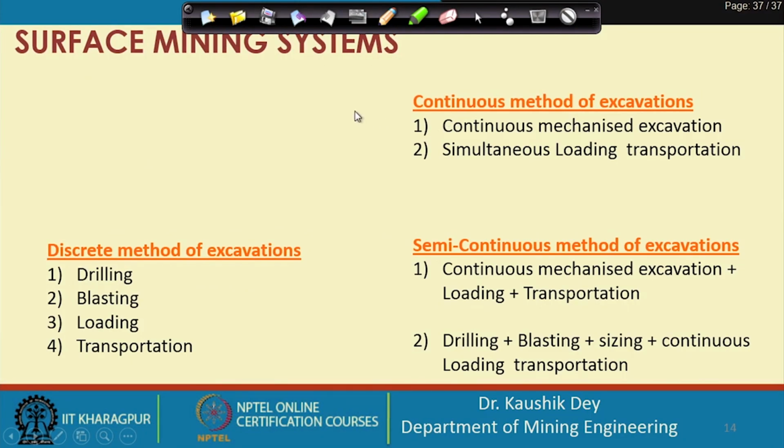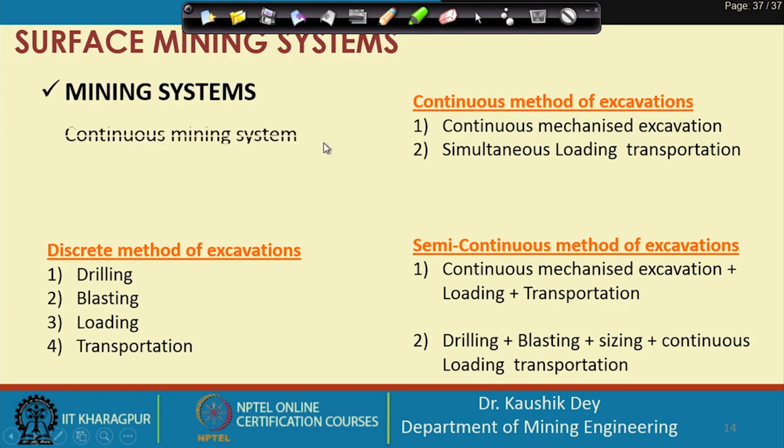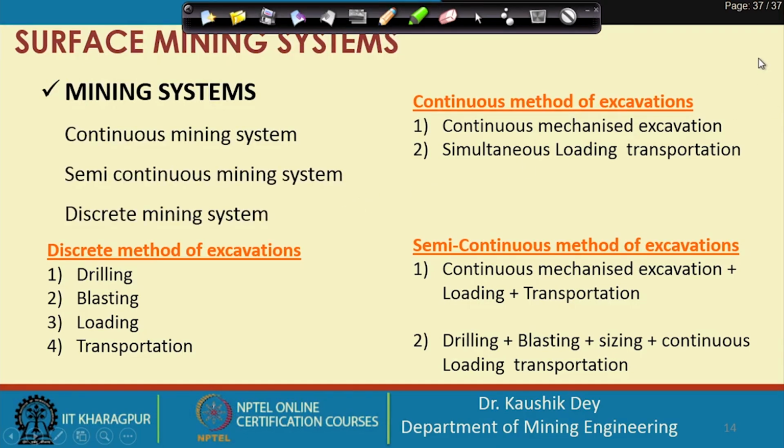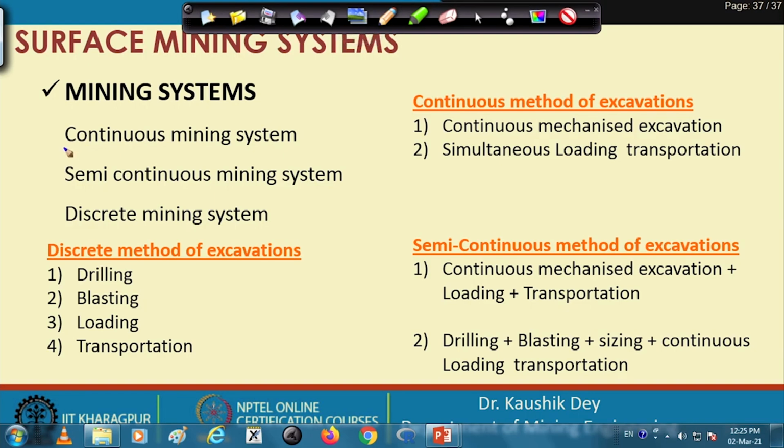Now, let us look into the mining system. Surface mining system is broadly classified in three groups: continuous mining system, semi-continuous mining system and discrete mining system. So, continuous mining system is basically a mining system where continuous excavation